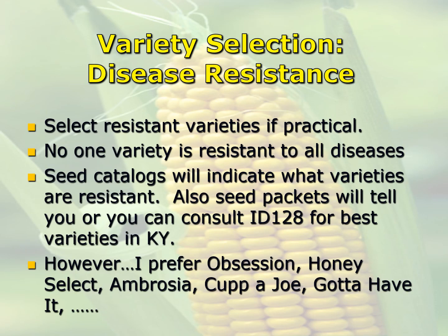You want to select disease-resistant varieties if practical. That's really not a huge problem with sweet corn. Most of those new varieties are already resistant to most diseases that we'll have here in Kentucky. I will say no one variety is resistant to all diseases, but they're resistant to most diseases that we're going to see here. Seed catalogs will indicate what varieties they are resistant to as well. Also, your seed packets will usually tell you that as well, or you can consult ID 128 for best varieties